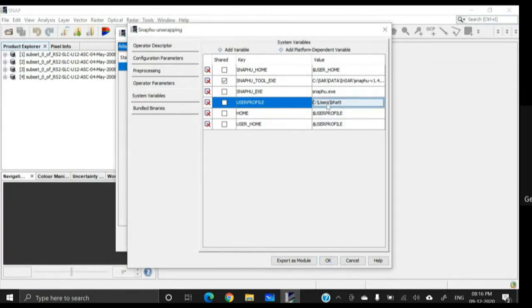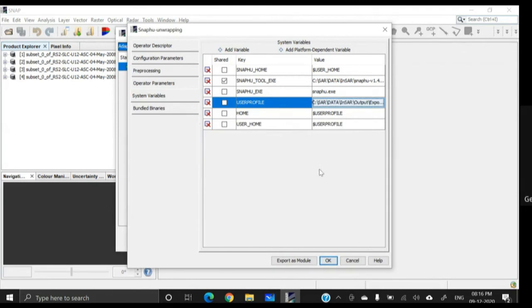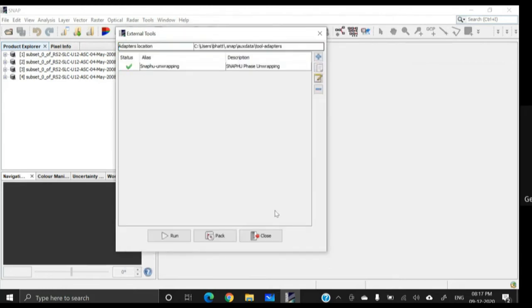Double click on the user profile file path name, and a new dialog box will appear, edit user profile. In the Windows value, paste the path with Control V, and click on OK. That's all. You have to define the output folder name where you have kept the unwrapped data. That's all in user profile. Then click on OK, and you may also close this dialog.